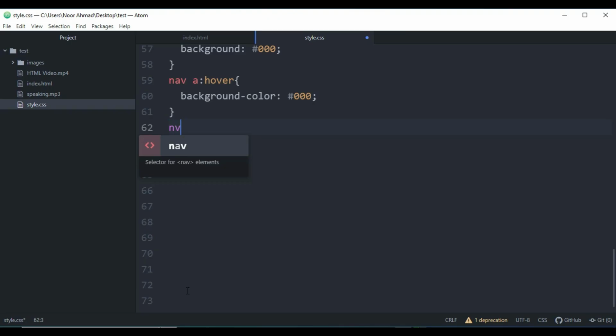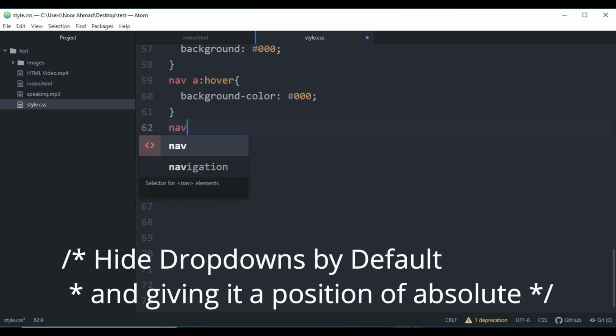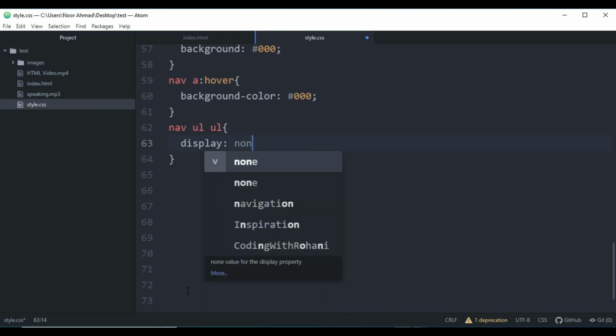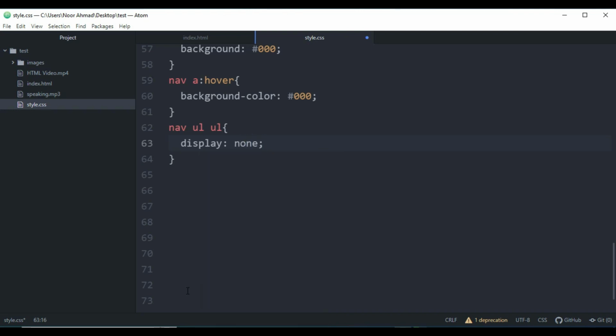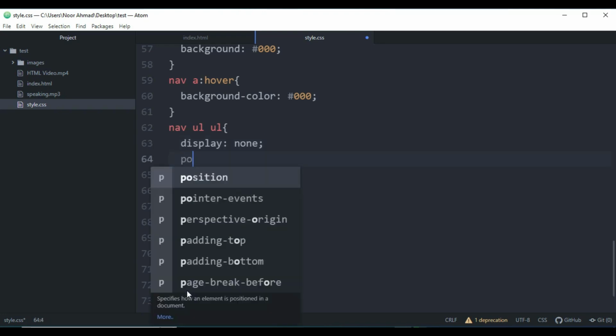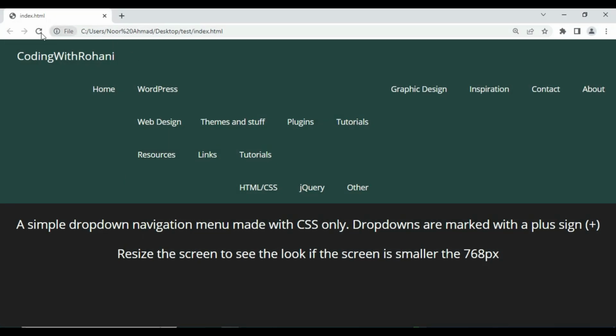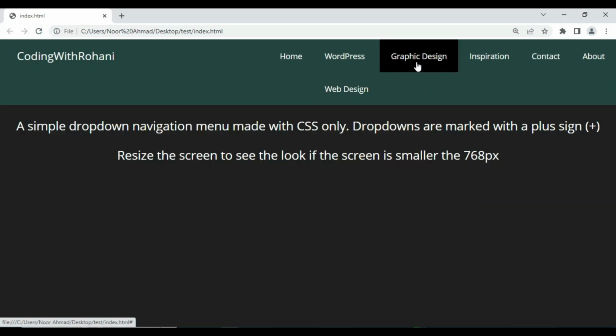As you can see, target nav again UL and UL, so it will display none. So we are going to hide all those drop down menus for now, and position will be absolute, and top margin will be 60 pixel. Let's save this. Let's check whether it works or not. As you can see, all the drop down menus are hidden for now,